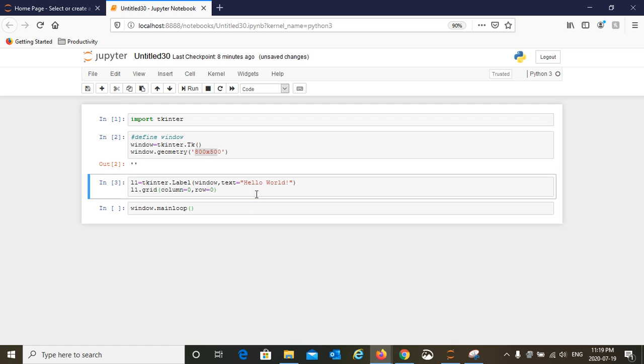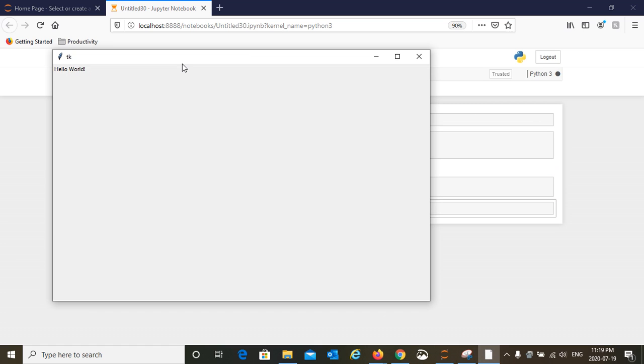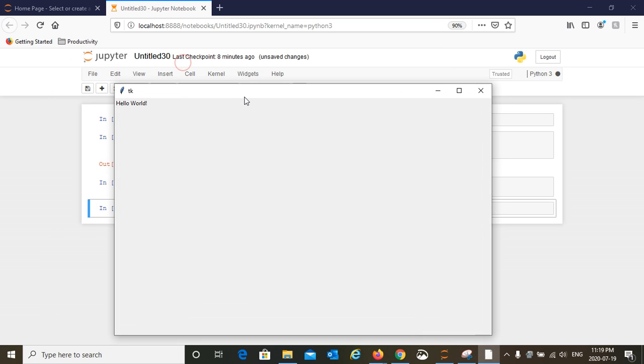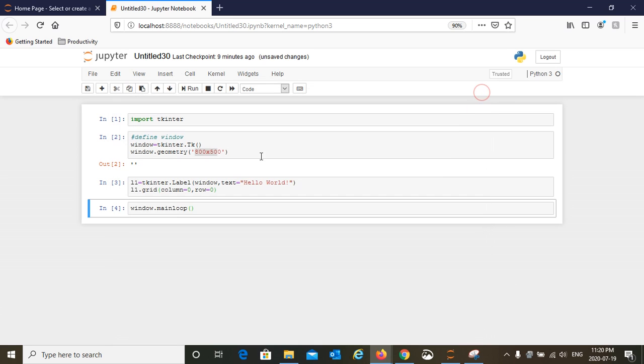So let's do that here. So far so good. And look at this. Congratulations, this is your first Tkinter based GUI application with hello world on it. So you have begun your journey. Awesome, I congratulate you for that. And it is only going to get more interesting from here onwards. So fasten your seat belts.